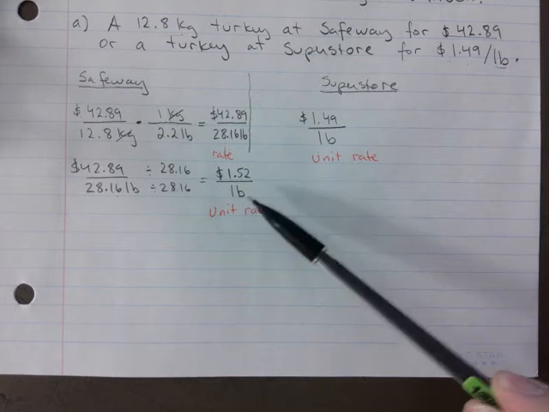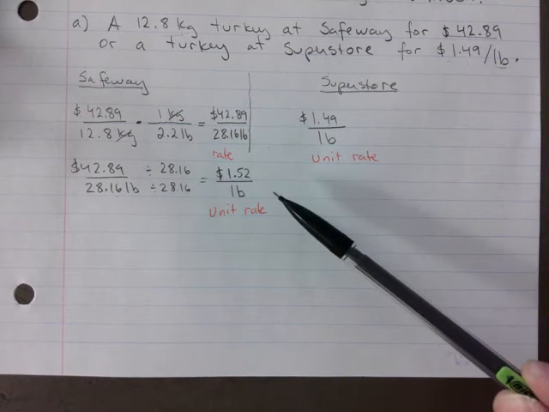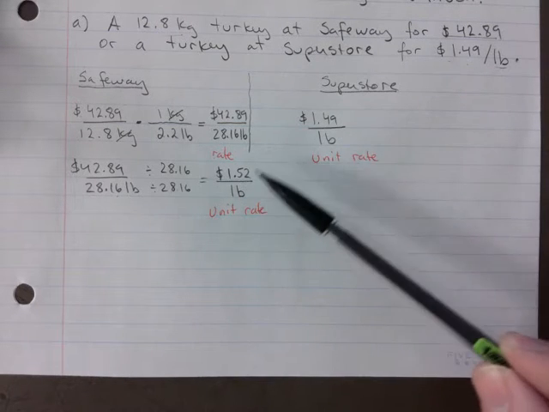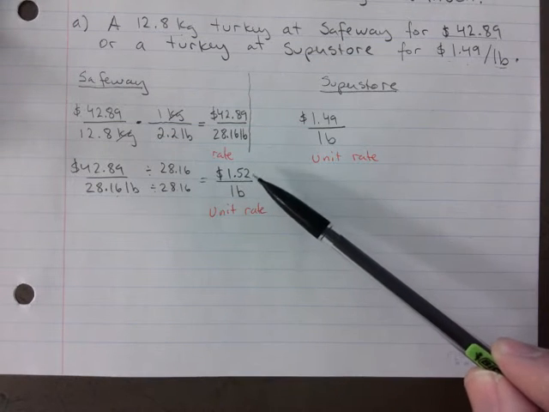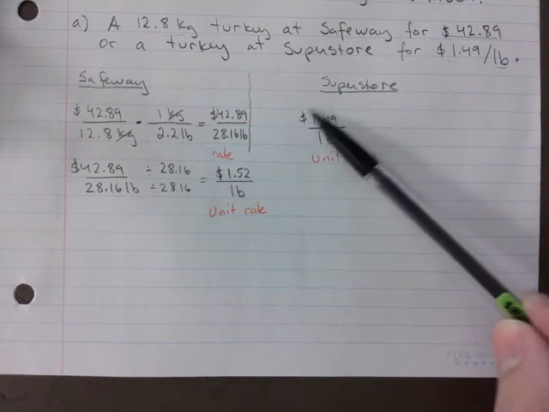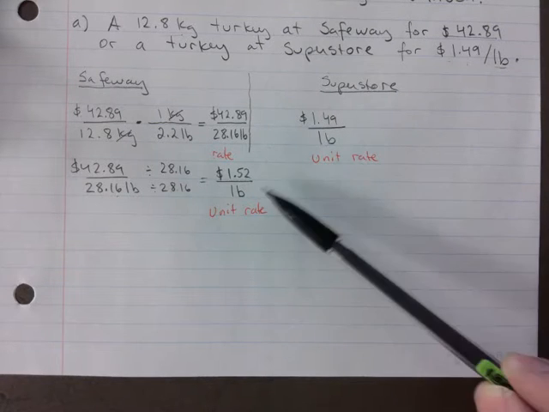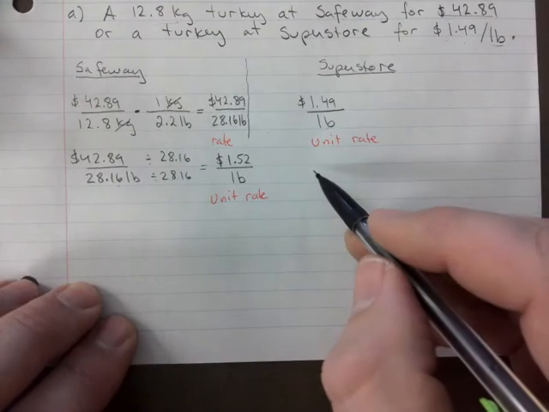So now you have both of them in the same unit and they're both a unit rate. This is when you can make your conclusion. Which one is better? The bigger number. Right? You're buying stuff, so you want it for cheaper. So right here you pay $1.49 for a pound. Here's $1.42. So you will say this: